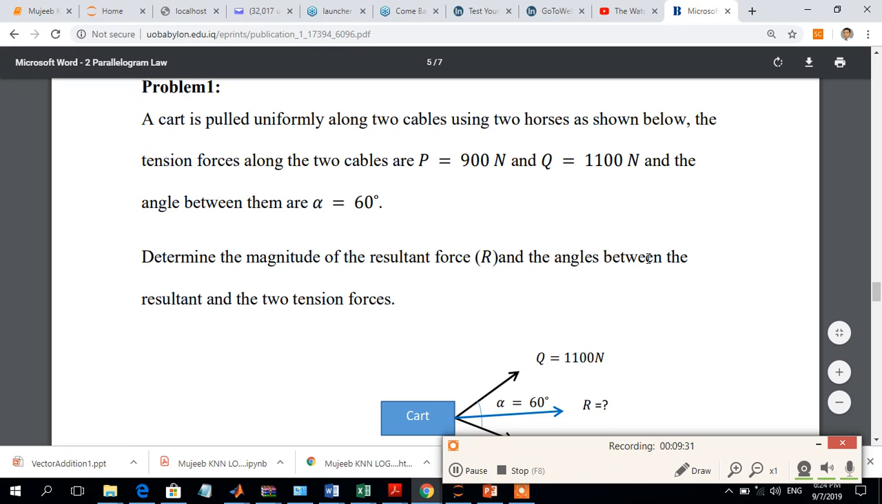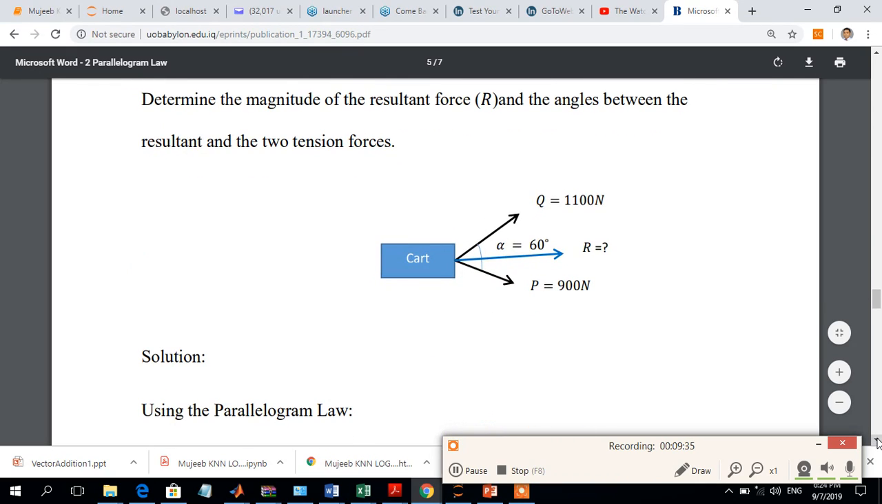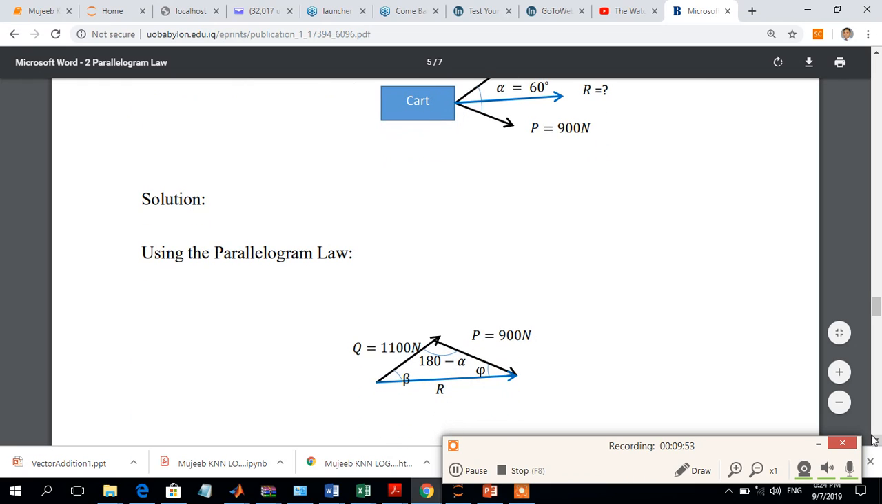So in this particular case, there are two forces which are having magnitude P equal to 900 Newtons and Q equal to 1100 Newton. And there is an angle of displacement between these two vectors, alpha equal to 60 degrees, and it is required to find out the resultant vector. Okay, now as per the law, we know that